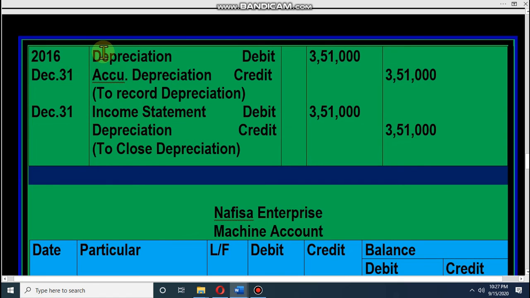Look at here, no machine account because no new machine we have purchased. So whatever machine we have will continue. So in 2016 we don't have any new machine, we just have two journals: depreciation account debit, accumulated